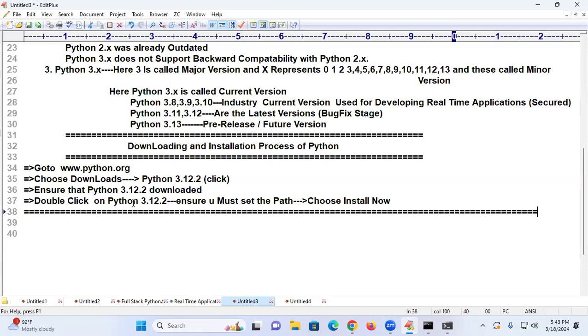In 3.x, older version, current version, latest version, future version. 3.7, 8, 9, 10 are all older, still maintained. 11 and 12 are called the latest version. Future version, 3.13. This is the subject. C language version, don't know. Java version, don't know. Why? Teacher did not explain. Student is always very good.